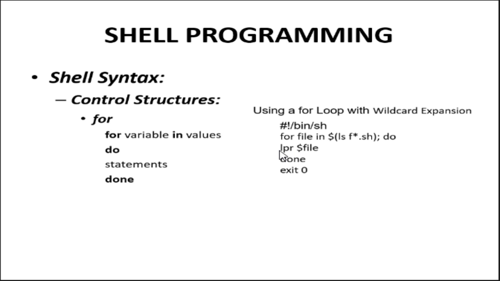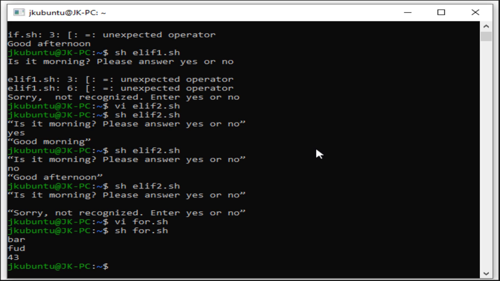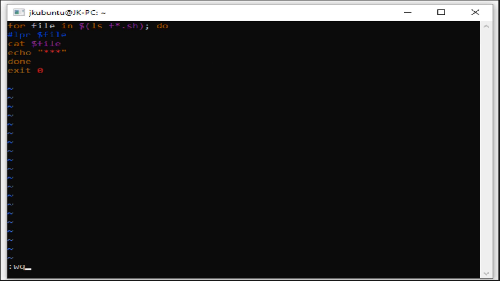Before executing that, I don't have the line printer command because I am using an application in the Windows operating system. So the line printer command LPR will not execute. The purpose of this LPR is to print the content of the file onto paper. So now I would like to execute the same, but instead of using the LPR command, I am using the cat command. If you want, you can use the more command also to display the content of the file. When I execute it,